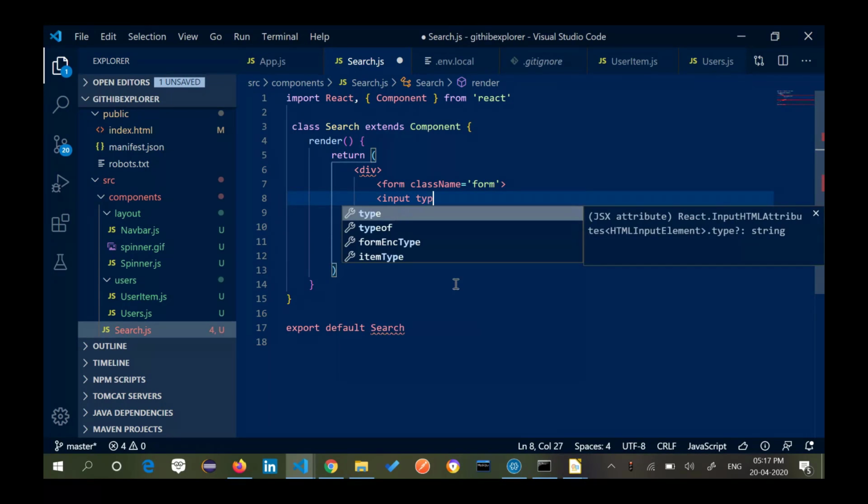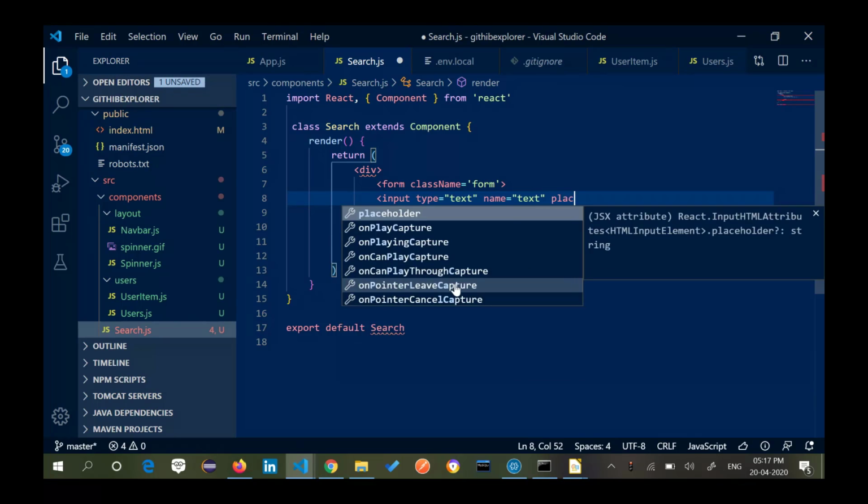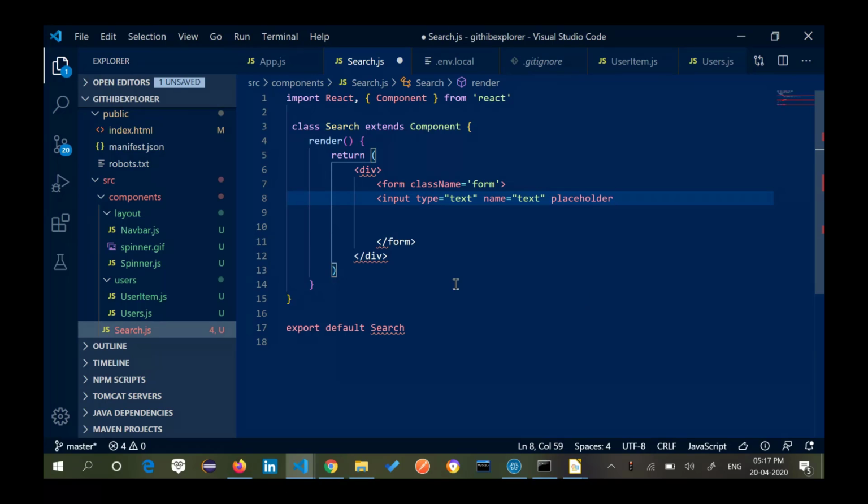Now I have got input type is equal to text, name is equal to text, placeholder is equal to "Search users...", and I want to give it a class name.